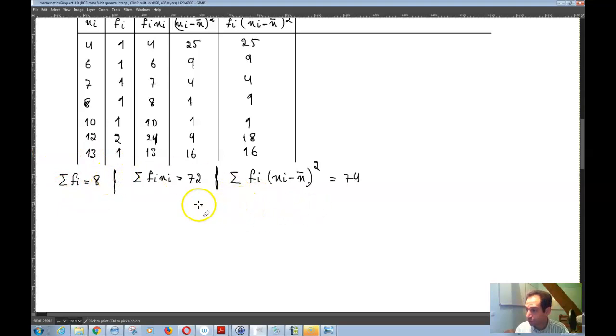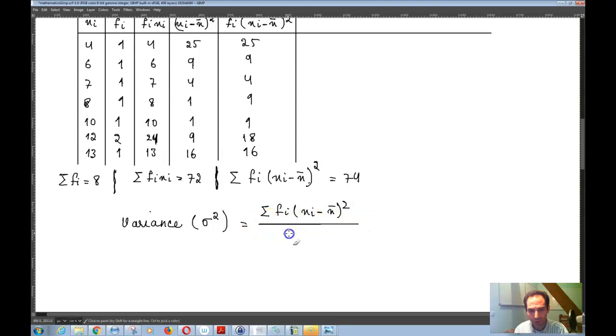So now your variance, which is nothing but sigma squared, is equal to sigma f of I times x of I minus x bar whole squared over sigma f of I, which is the same thing as 74 over 8,